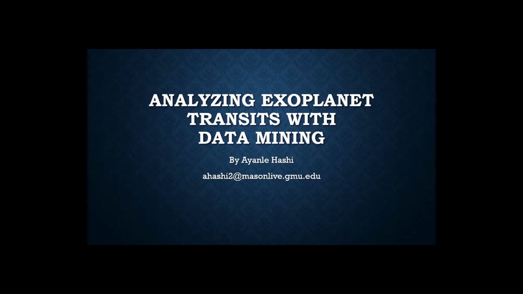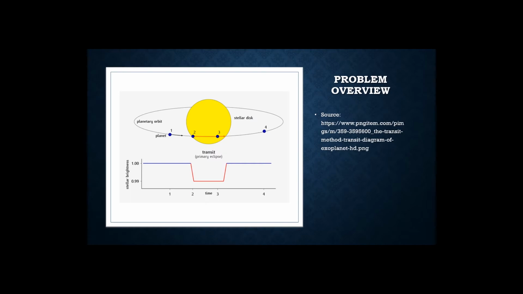Hello, my name is Ayanle Hashi, and my semester project is on using classifiers to determine whether or not a star has exoplanets. An exoplanet is a planet that orbits around a star that isn't our sun, and astronomers are searching the night sky for them to find signs of life or potentially habitable planets that humanity may migrate to